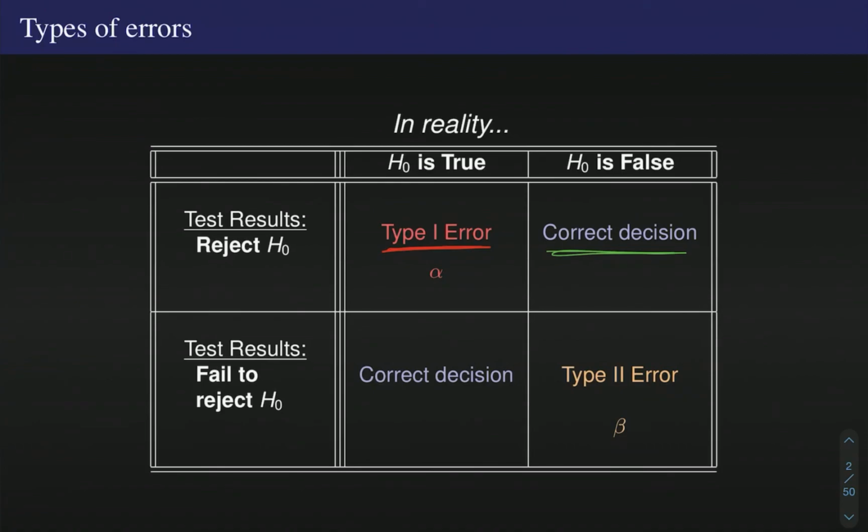The other way that we could make a mistake depends on getting the opposite result for our hypothesis test. So suppose we collect some data and we end up getting a p-value that's above our significance level. So we in fact don't reject the null hypothesis. We fail to reject the null hypothesis. So our data is telling us to fail to reject. Now, if in the population,